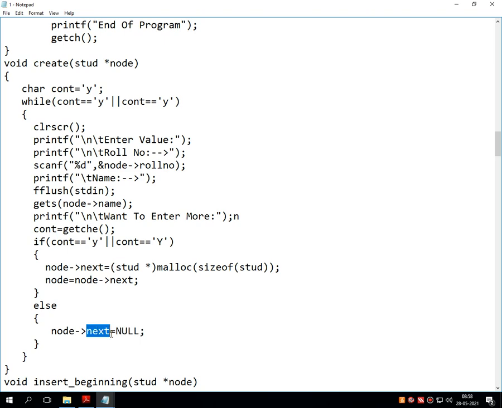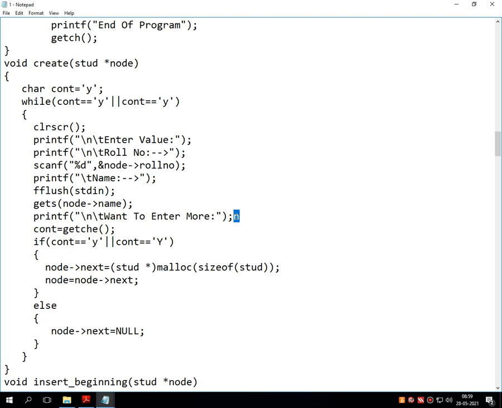That means the first node becomes the last node. So this next is the reference and these are the data. So these are the differences between these two. This procedure repeats till we pass N. Suppose I repeat this particular function 5 times, then what happens?